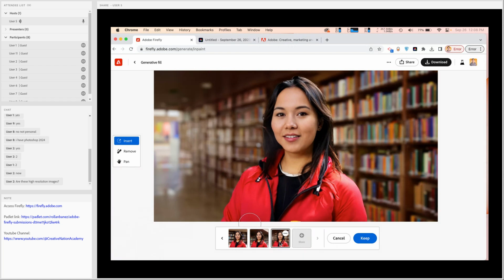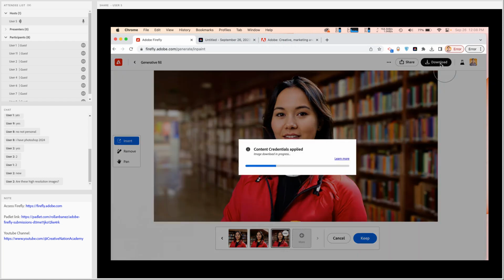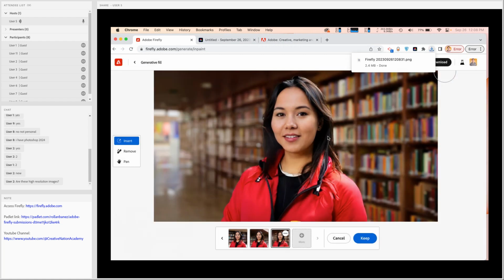And right now, if you're using or downloading all of this media, you can easily use this without any watermark. Because before, when you were using the beta version of Firefly and even Express, you had what we call the watermark. Right now, you can easily download this. Let's click on download here. The only thing is that it gives you the content credentials, on which the file itself is tagged on the metadata level that this is created using generative AI using Adobe Firefly.